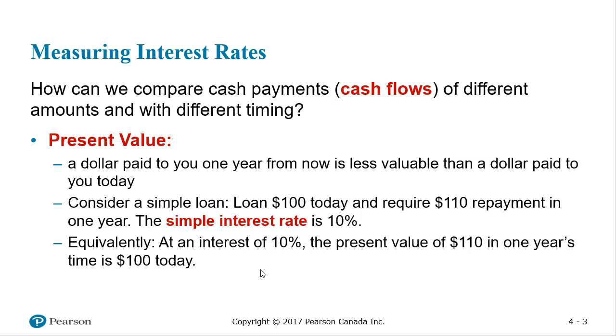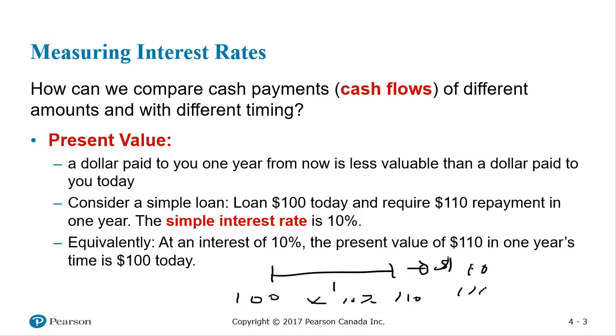When we're looking at time value of money, I often like to draw a timeline. So in this case, we're only looking at 1 year. So you have $100 today times 10%. It's going to be $110 1 year from today. Okay? Because the interest is $10, 100 times 10%. So you borrowed 100, you have to pay back the principal plus the interest, so you're going to pay back